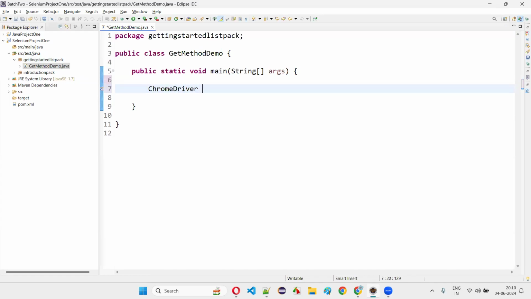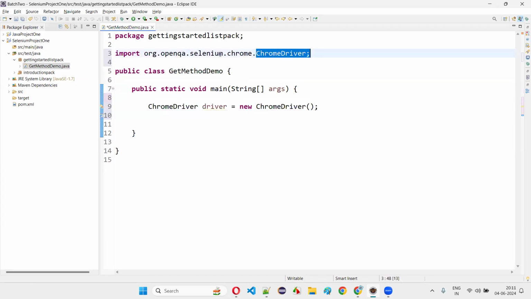For Chrome browser, if I want to launch the Chrome browser, I need to create an object for which class? Chrome driver class. ChromeDriver driver is equal to new ChromeDriver. Yes, I need to create an object for the ChromeDriver class. Control Shift O. Automatically, ChromeDriver will be imported from the appropriate library from Selenium library, or you can hover the mouse and select import statement. Anything is fine. The next one is driver dot